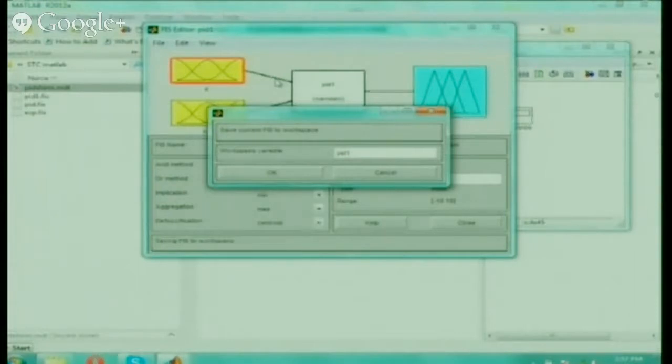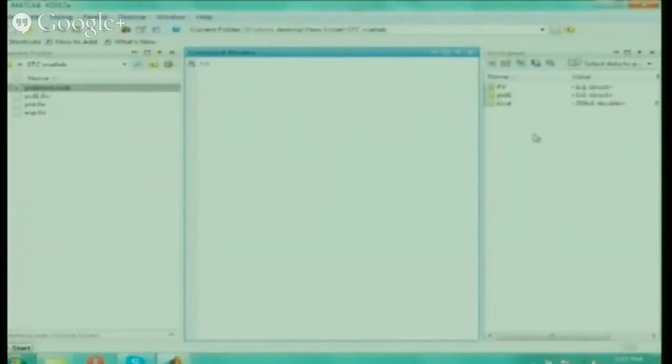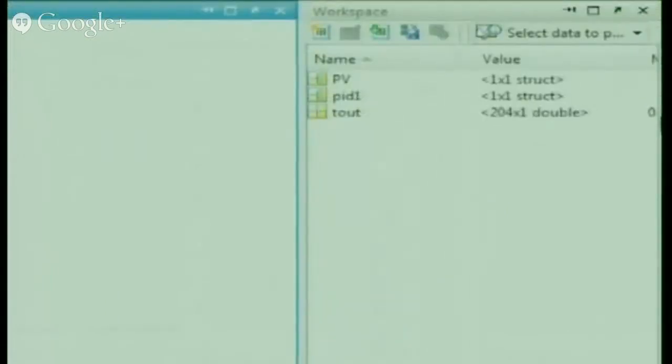That's the only thing. So now I am exporting this to the workspace and I'm giving the name PID1 and just click OK. And now go to the workspace and see that PID1 comes in the workspace. Understood this? So whichever FIS you created, bring it to the workspace.